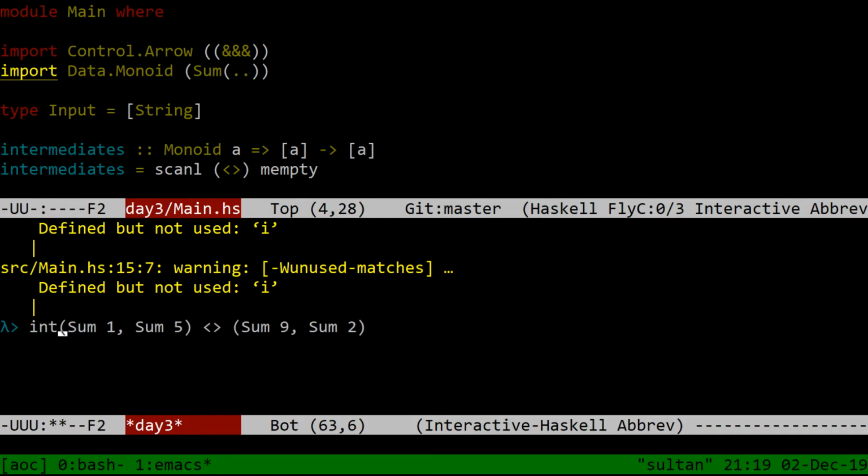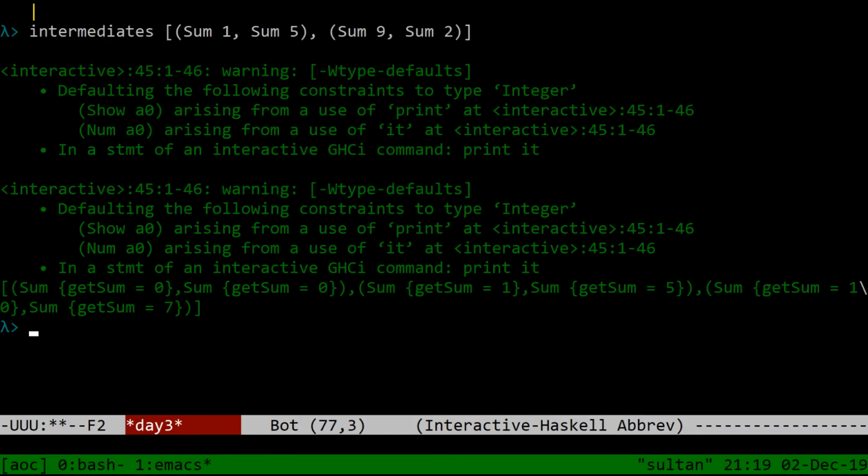So if I say intermediates of this list, I get back another list of all the places you would go if you followed these directions starting from the origin. First you're at 0, then you're at 1.5, then you're at 10.7, right? And if we put more things in here,